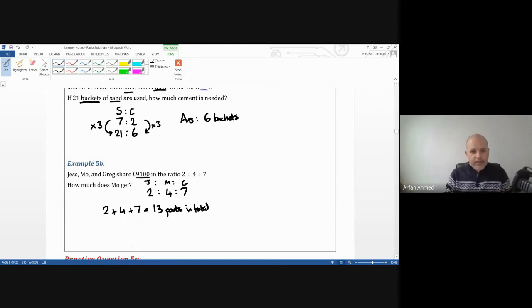Those 13 parts must equal the whole amount, which is £9,100. So if 13 parts equals that, what's one part going to be? Well, if 13 parts is £9,100, you're going to have to divide that by,